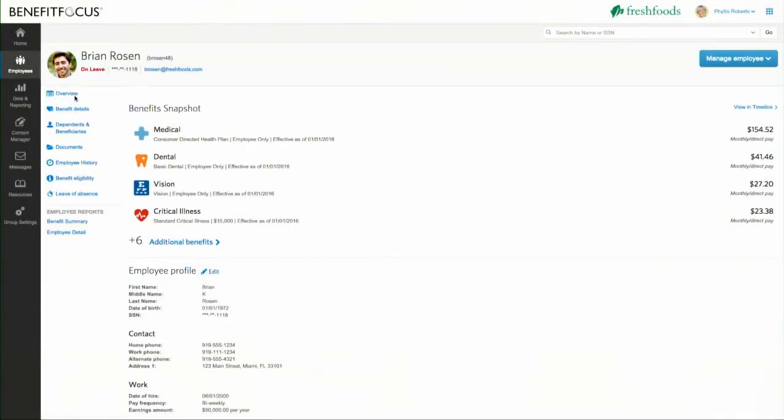Back on Brian's profile, you'll notice a few subtle changes. First, from the top left, Brian has now been marked on leave. This new visual status lets you recognize that Brian's personal situation is just a little different than the rest of your active population. And in the center, on the benefit snapshot, rather than showing payroll deduction frequency amount, we now